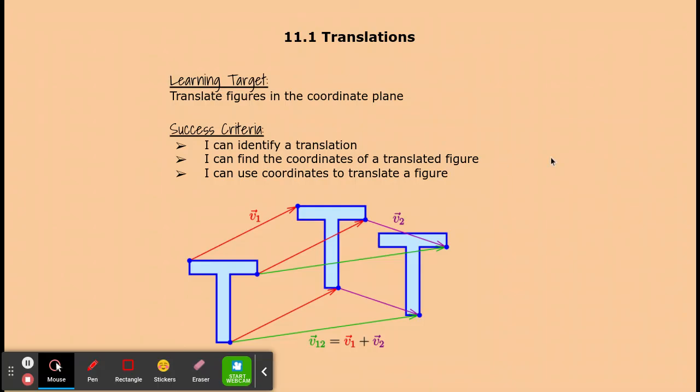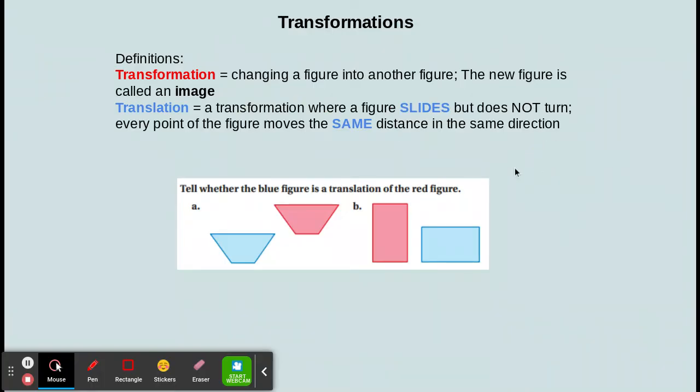11.1 Translations. In Chapter 11, we talk about transformations, where we change a figure into another and create a new figure called an image. But in 11.1, we are only going to talk about translations. Translations is where we move a figure. We slide it. We don't turn it. We don't rotate it. We don't create a mirror image. It is merely moving left or right or up or down, and it moves the same distance in the same